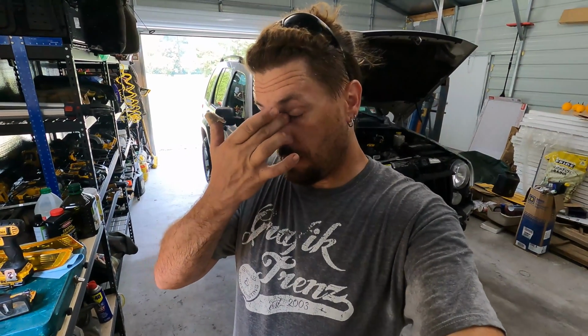There's no specific numbers that I was able to find on how many actually came in this particular model. I've heard rumors of upwards to 40,000, but most of the websites that I go to doing the research seem to come to the consensus that there was about 12 to 16,000 of these made in the 2 years, most of which were 2005. This is a little bit different than your standard KJ,